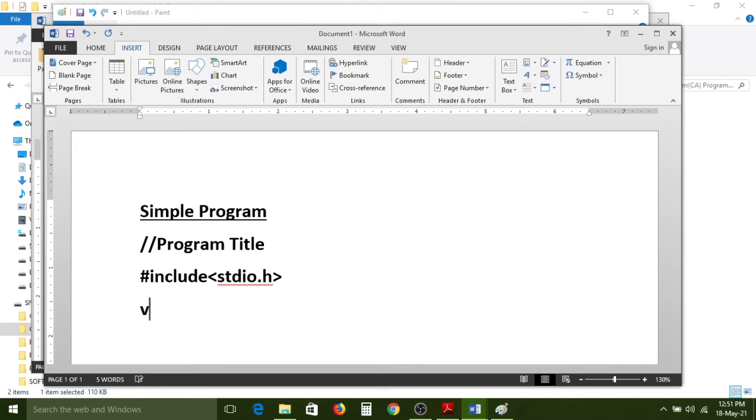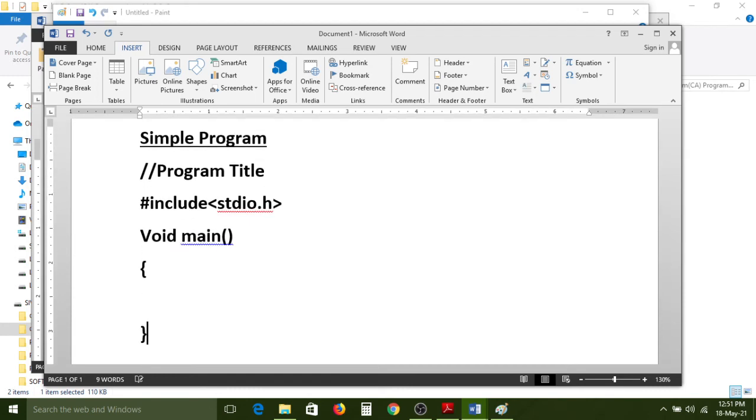After that, void main. This is the main function, with an opening bracket and a closing bracket. Here the printf function has to be used, to print hello world. So this is the program.